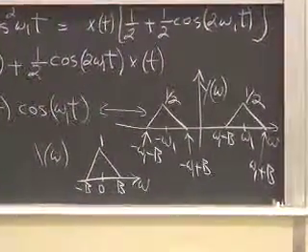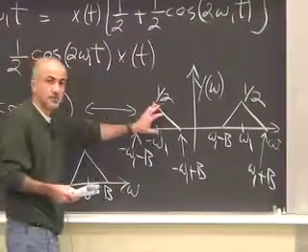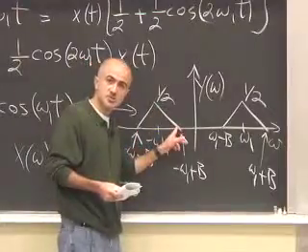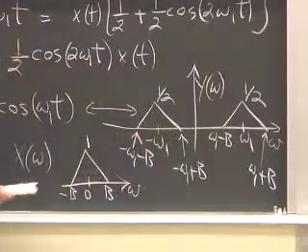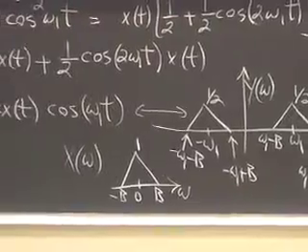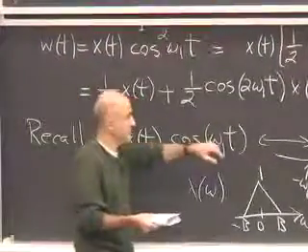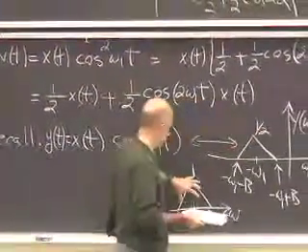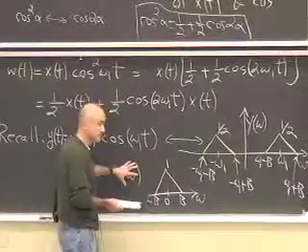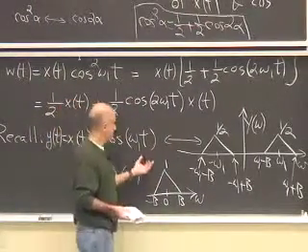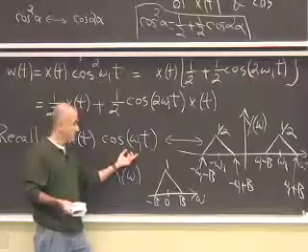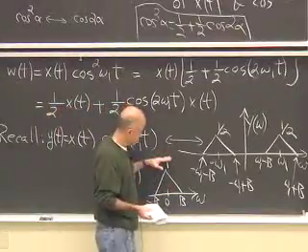Okay? Now, we didn't quite show this story for an arbitrary spectrum. We showed it for when x was itself a cosine. But it doesn't matter. You take a spectrum of the original voice, you multiply it by a cosine, it halves